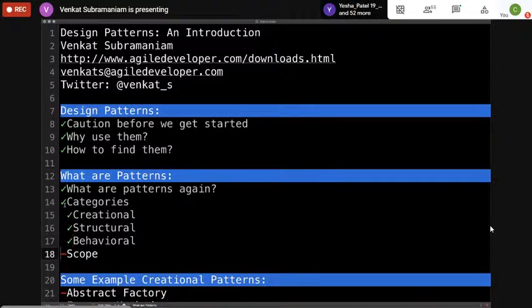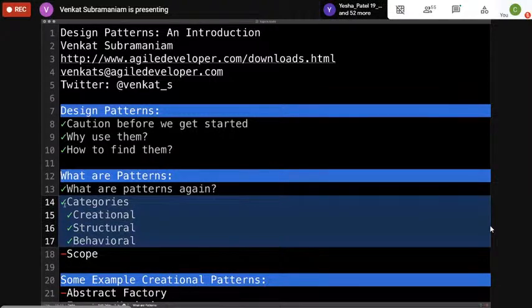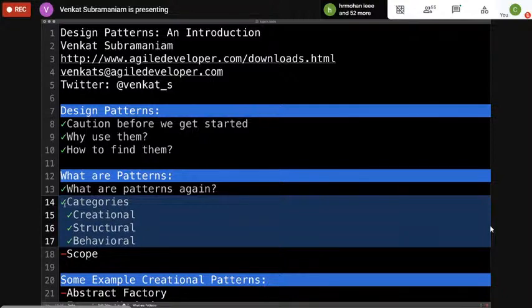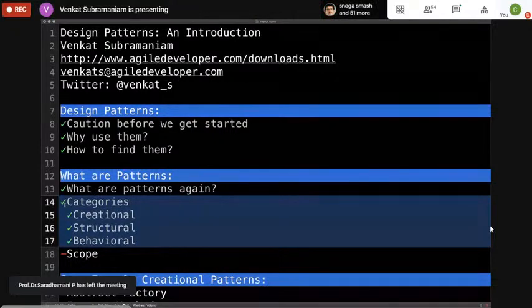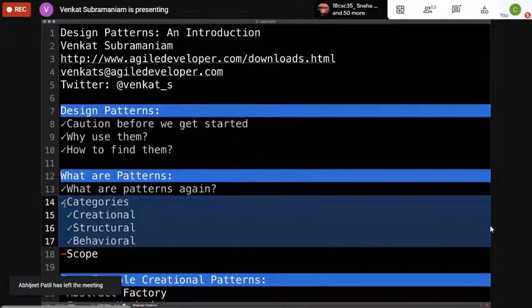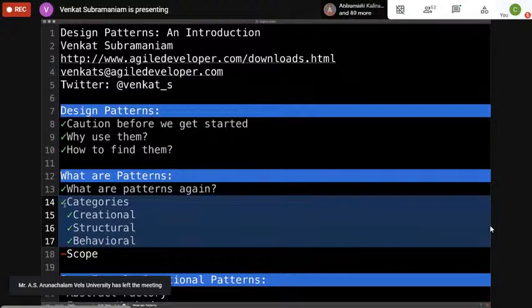Now, when we talk about the categories of patterns, what makes one thing really challenging? Okay, there are two things that make it really challenging. The first is, remember, I mentioned that design patterns are not downloadable. You don't just download them and use them in your code. So if you take a piece of code, it is not unusual for multiple patterns to come together and intertwine in your solution. So in other words, if I show you a bit of code, that particular code may potentially have 1, 2, 3, or 4 different patterns intertwined.